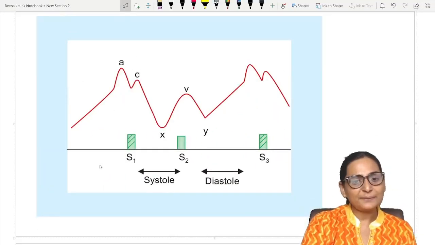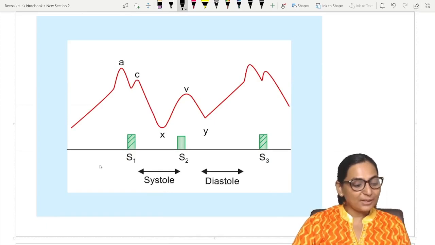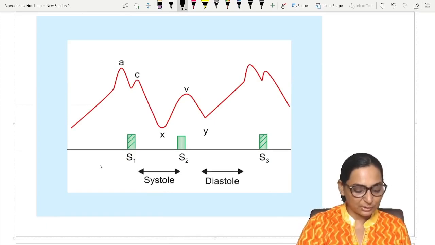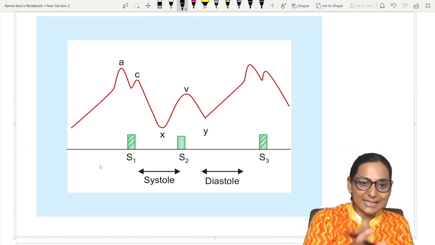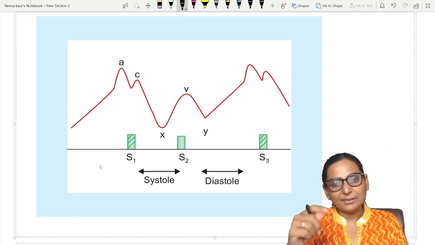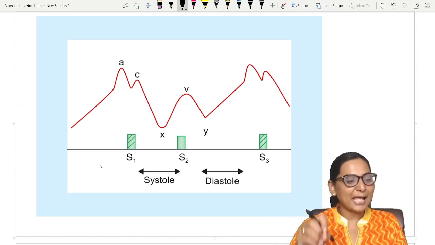The next important thing is the JVP. So remember, this is the jugular venous pulse pressure. Okay, jugular venous pulse pressure. Please don't confuse the two of them. Often it is seen that the radial pulse and the jugular venous pulse are confused and a wrong answer